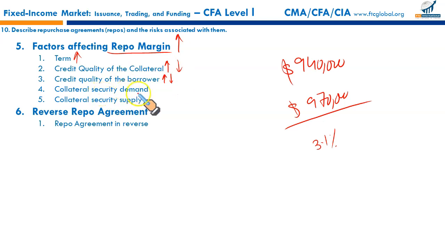If the collateral security is highly demanded, a highly liquid security, the repo margin would be lower. If the collateral security is very limited in supply, in that case the repo margin will again be low. Limited supply and more demand would mean that you would charge a low margin for that security. And finally,